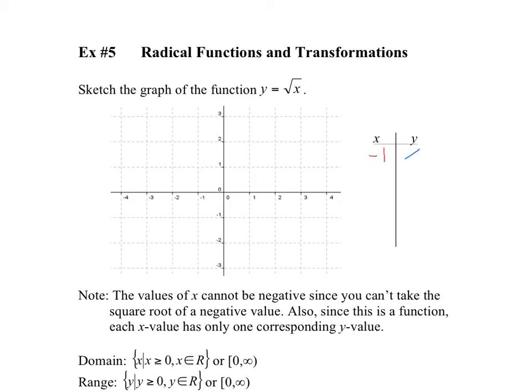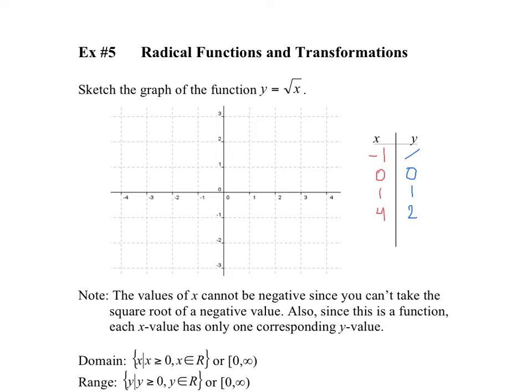Alright, so let's go all the way to 0, because that'd be true for any negative value. So you plug in 0, take the square root of 0, well, that's pretty simple. It gives us 0. Okay, maybe go 1, and since it's a square root, just to be nice and easy, let's take perfect squares, because we know the square root of 1, we know the square root of 4. So here square root of 1 is 1, square root of 4 is 2, and you can keep going, right? If you had a 3 there, the square root of 3 is about 1.7,